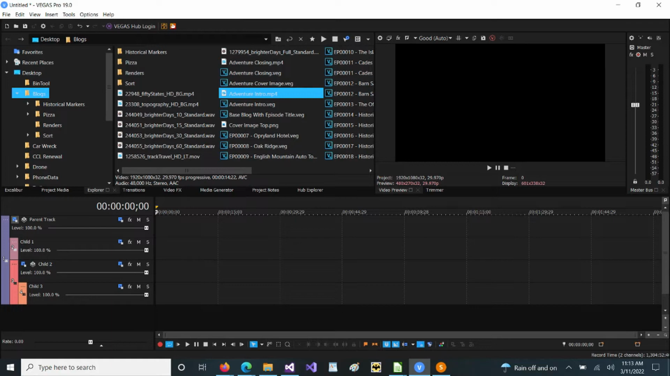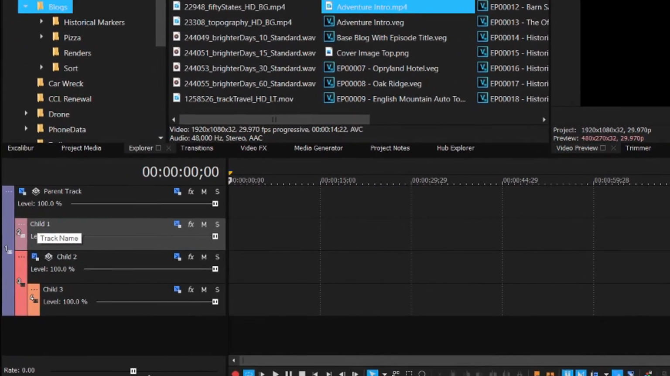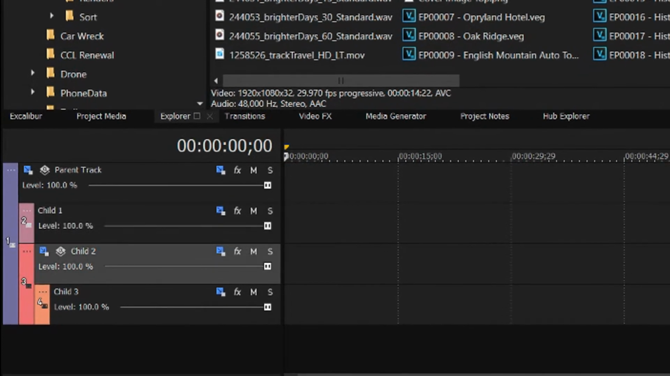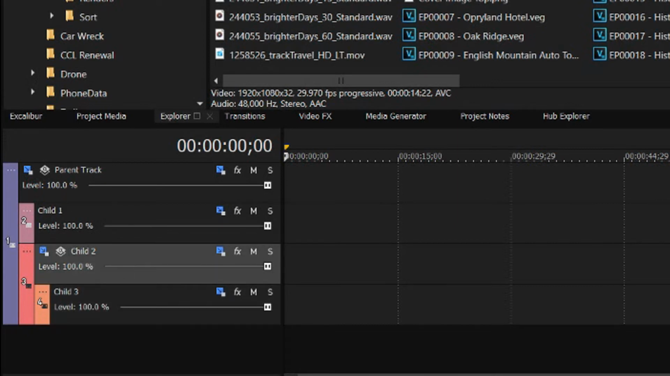So now we have the parent track, then it has a child to the parent track. Child 2 is a child to the parent track. Child 3 is a child to child 2. Now if we look at this, we have our parent composite mode and our parent motion as opposed to just